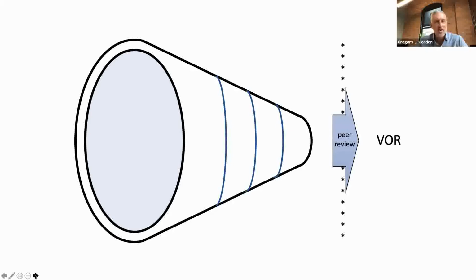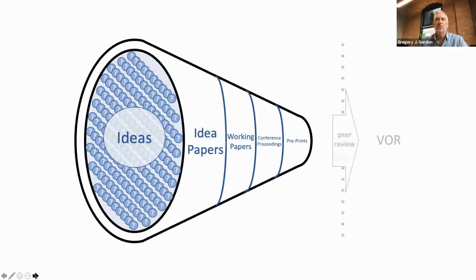Peer review is a great process. Every single paper that I've had has been improved by the peer review process. But what I believe is that there's a lot of value in this early stage sharing, these preprints and other pieces of the puzzle. So when I start to separate the different pieces of the early stage research process, there are ideas, there are idea papers, and then we start to get into some of the drafts, the working papers or conference proceedings, and of course preprints. Now I'll use preprints and early stage research interchangeably because that seems to be the current nomenclature,